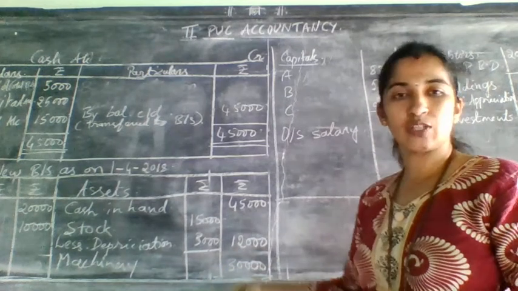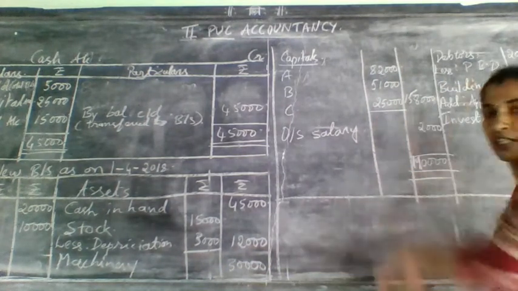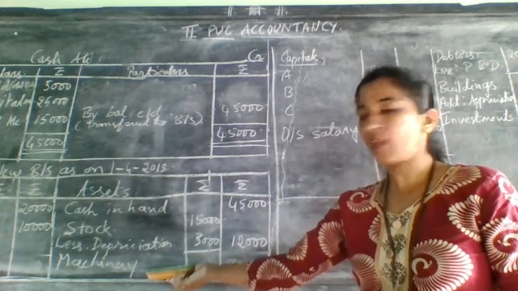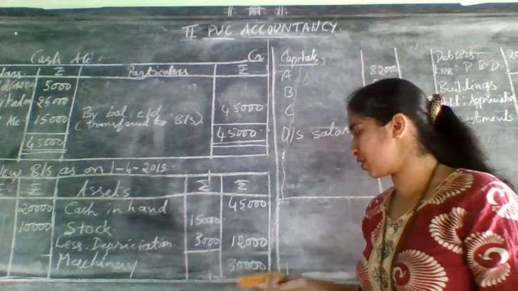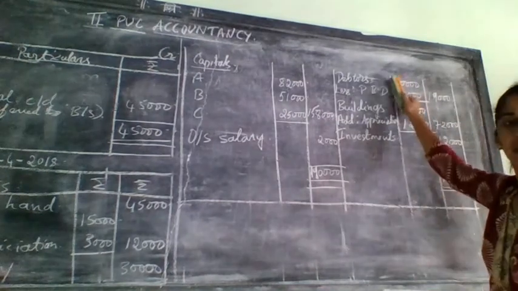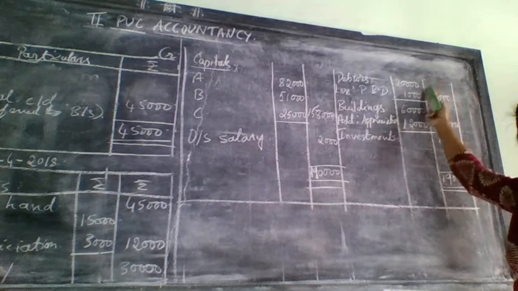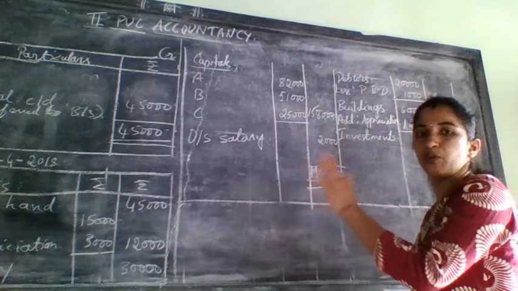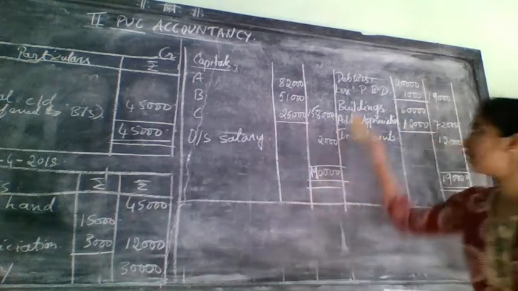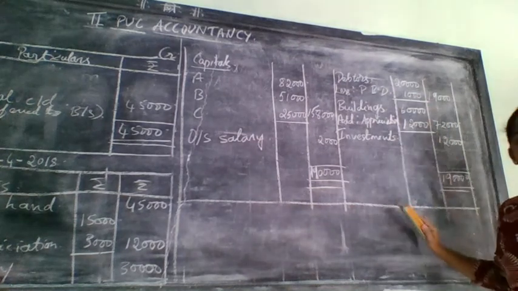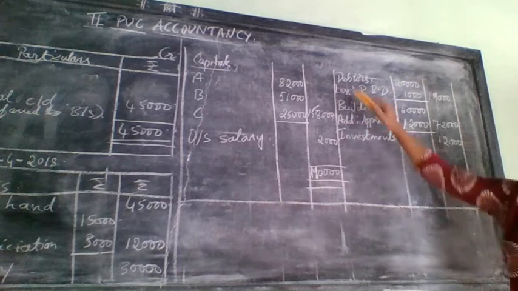Next, it was actually debtors. No place there, so I have written here. No need, you can do here and there. No problem at all. So machinery, and no adjustment for that in the revaluation account. 30,000 I have taken directly in the balance sheet. Next, it will come debtors. Debtors, how much was it? 20,000, but PBD was there in the revaluation account. To do this, you need to always check the revaluation account. There PBD was given 1,000. So write here 1,000. PBD will also decrease the value of the asset, so it is less.